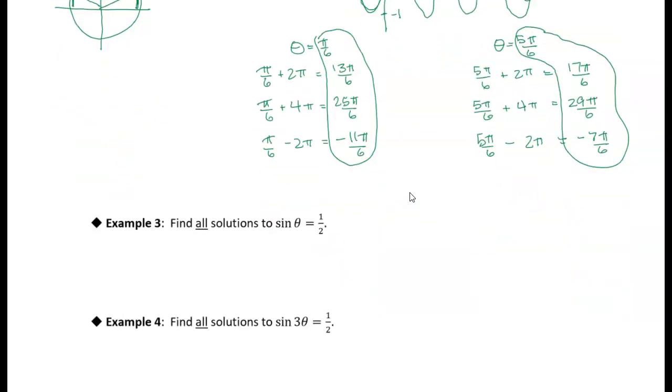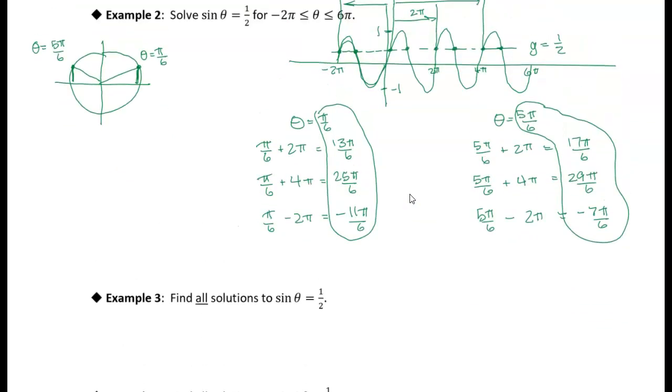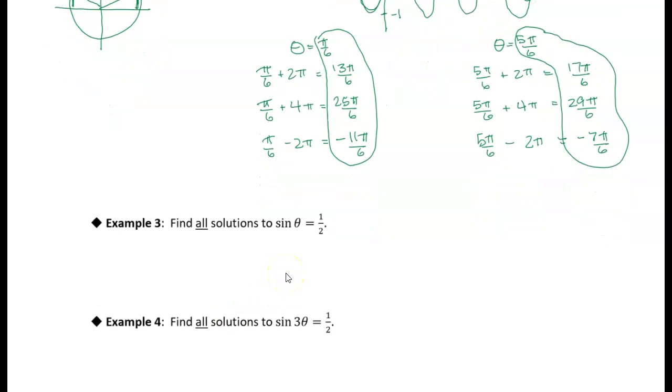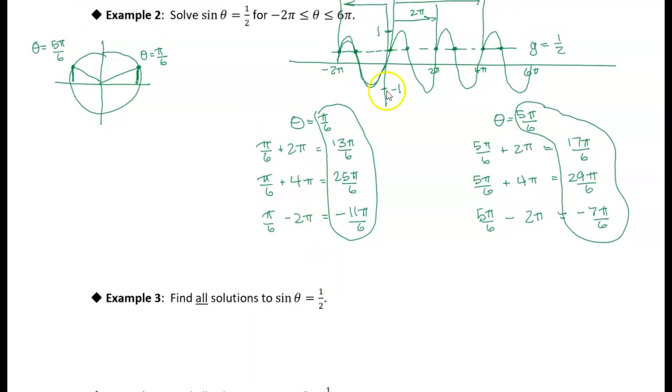You'll get it. Okay, so what if I want to, this is the same problem. What if I want to find all solutions? How can I write that? Now, really, I already solved the problem here. I'm just trying to find all the angles that are coterminal with pi over 6 and coterminal with 5 pi over 6. So the way we can write that is that I'll just write theta is equal to